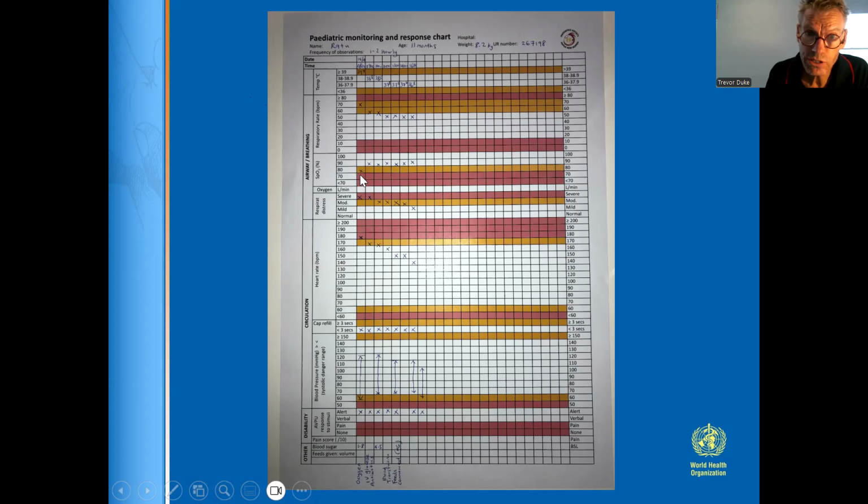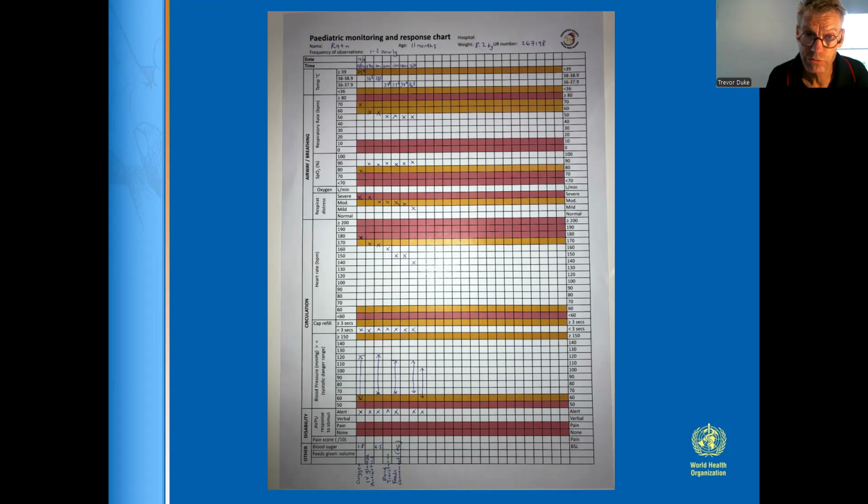His oxygen saturation, which was quite low to begin with, wasn't it? 77, I think, when he first presented, so in the red zone. It then went up as he was given oxygen into 93, I think we saw, and then it stabilized within the 90s. So again, moving in a favorable direction that you can see over the first 4 to 6 hours,